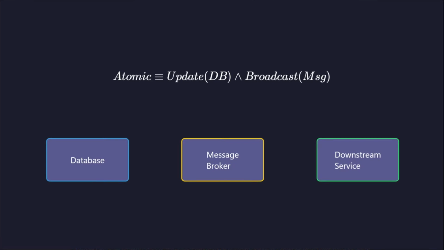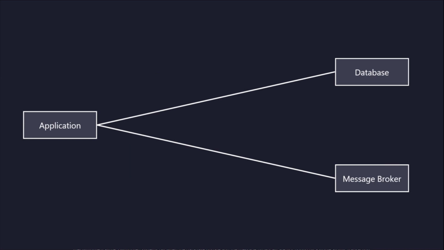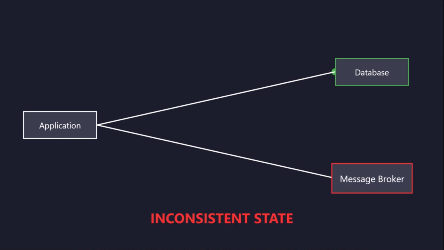Distributed systems fail when the database update and the message broadcast are not bound by a single atomic transaction. If the database commit succeeds, but the message broker is unreachable, your downstream services never receive the necessary state change notification. The dual write problem arises when an application attempts to update two different systems without a global transaction coordinator. Using two separate calls for the database and the message broker creates a window for partial failure, where data becomes